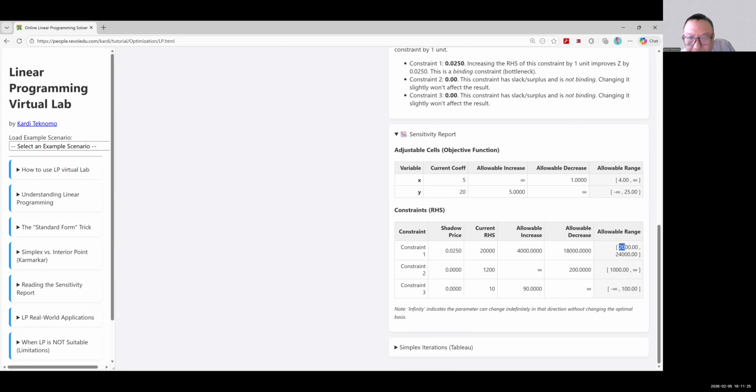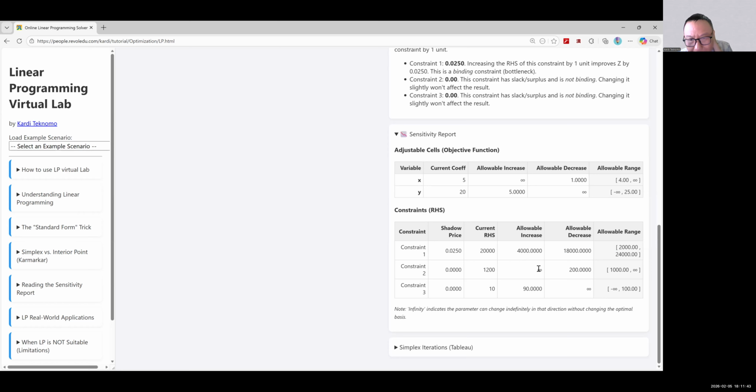So that's the range of 2,000 to 24,000 units, or is that dollars? Yes, sir.